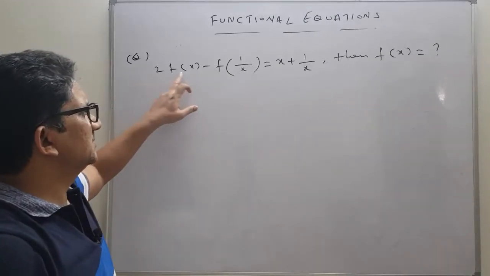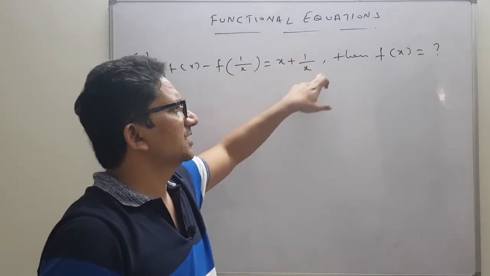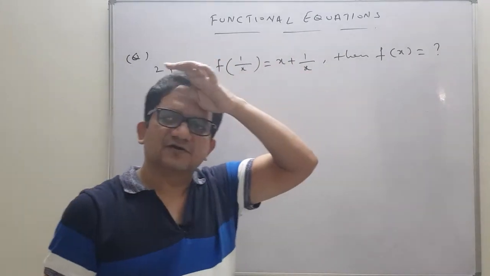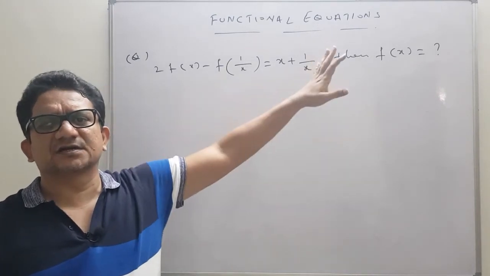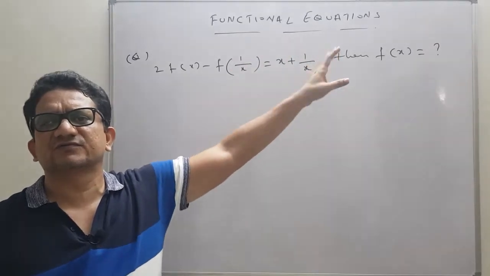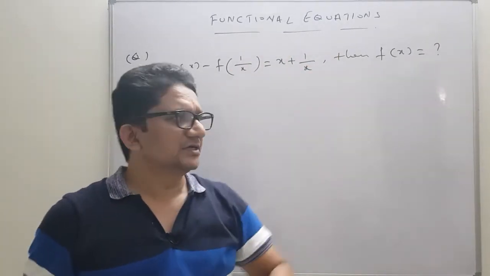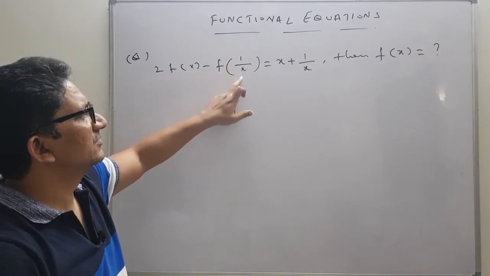Question: 2 times f of x minus f of 1 by x is equal to x plus 1 by x. Then find the value of f of x. Here nothing was given other than the equation. No f of 1, no f of 0, no f of 2, nothing was given here. In this particular case, if you observe, 2 times f of x minus f of 1 by x,